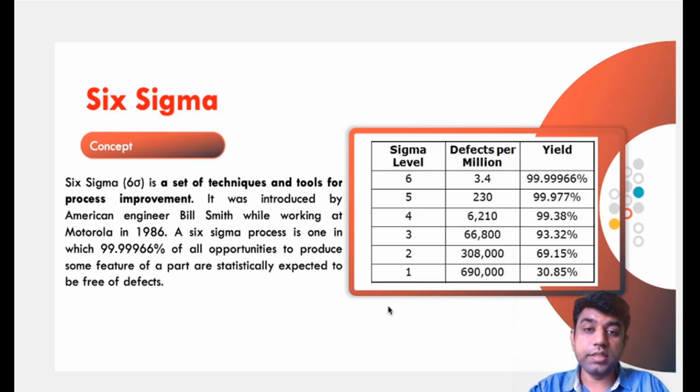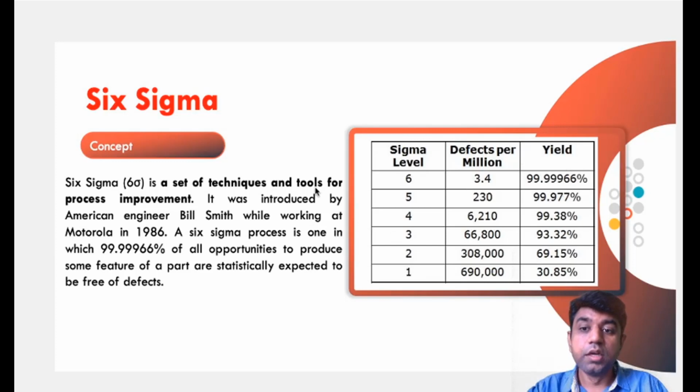If we are saying that a company is at 1 sigma, it means that out of 1 million components produced by the company, the defective components are 690,000. If the company is at 2 sigma, the defect is 308,000 per million components. Likewise, if the company is producing 1 million components, then at the 6 sigma level, only 3.4 defects are allowed, which can lead to the yield capacity of